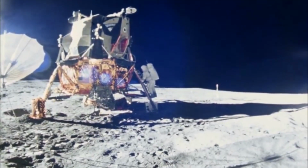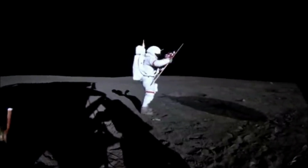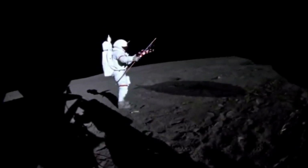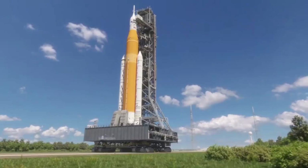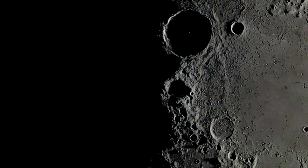It has been around half a century since the last time a human stepped foot on the moon. However, this is set to change in a relatively short period of time as NASA, and a long list of companies working with the agency, continue to make progress on projects meant for future Artemis missions. Not only does the agency plan to return humans to the moon in a few years, but set up a